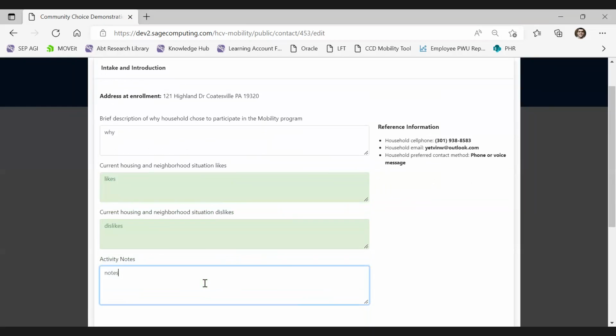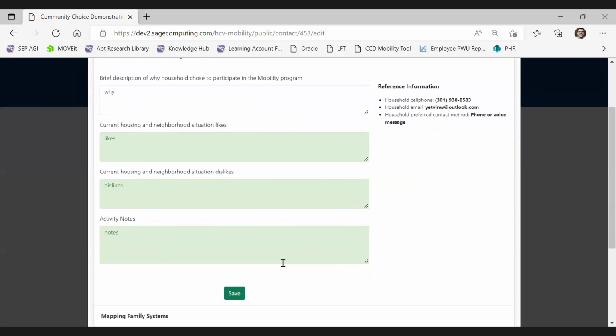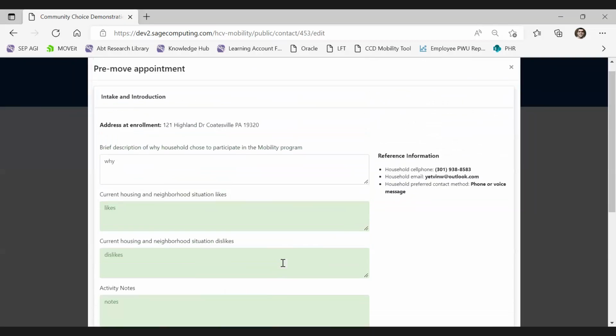The activity notes field is optional. You have some reference information with the household cell, email, preferred contact method on the right hand side.